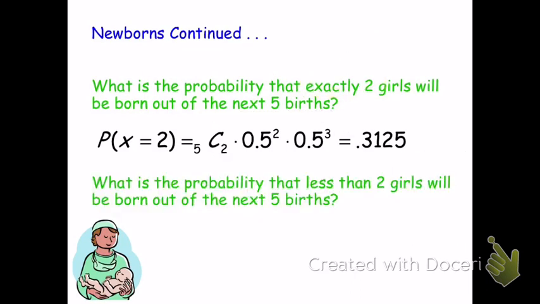How do I get out of it? So it says for the next one, what is the probability that less than 2 girls will be born out of the next 5 births? Normally when I answer these questions, I always write out my possible outcomes, CDF,